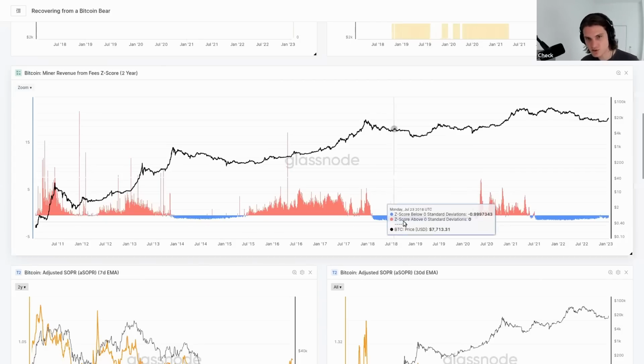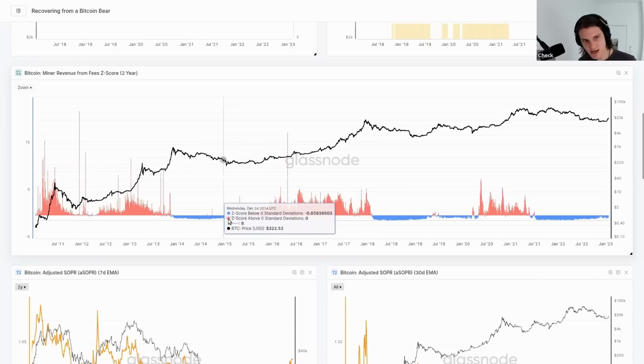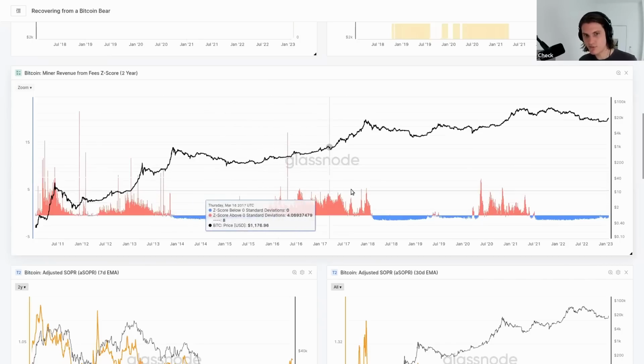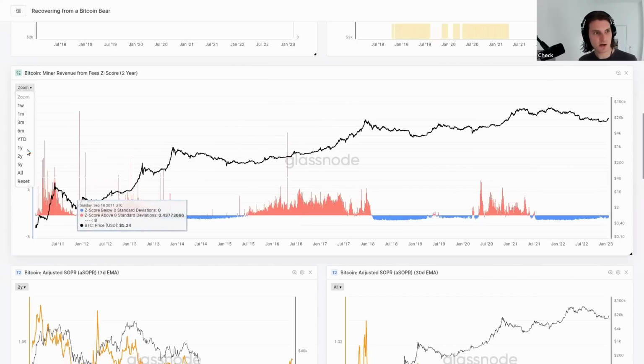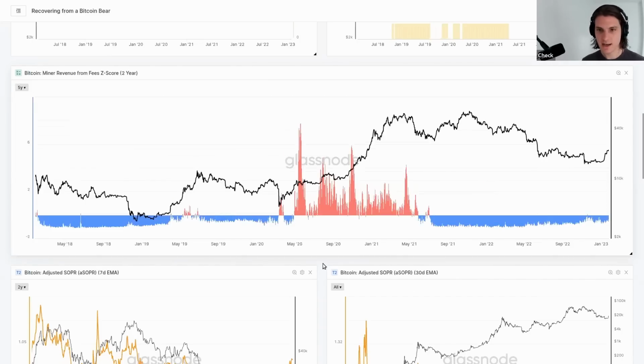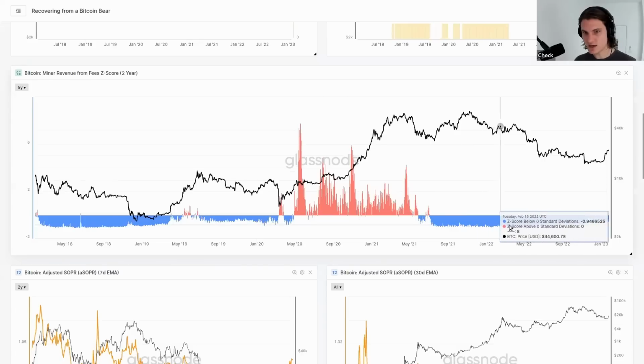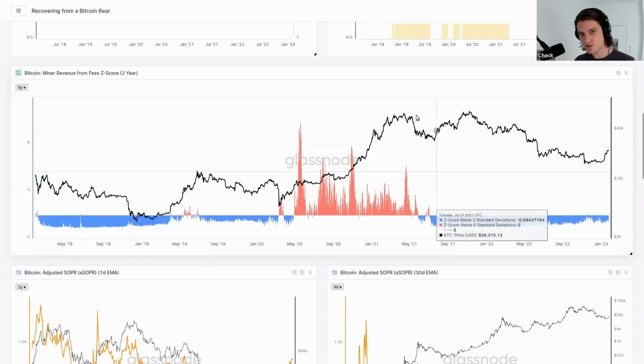So you can see here that towards late stage bears, this blue curve starts to compress up towards this breakthrough level, right? We're still in the bear market firmly, but we're starting to see that the Z-score is pushing into more favorable territory. So let's zoom in on a 5-year basis so we can see where we currently are. You can see that this is kind of the peak bear. And you can see that this too started back here in May, June, July. We have it starting to compress and get a little bit lower.